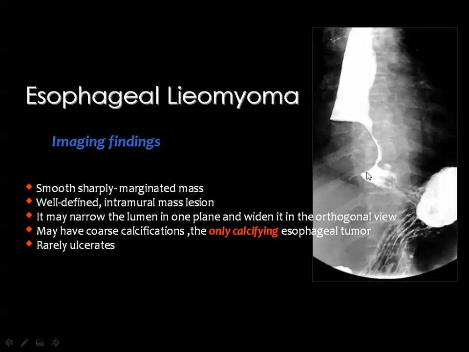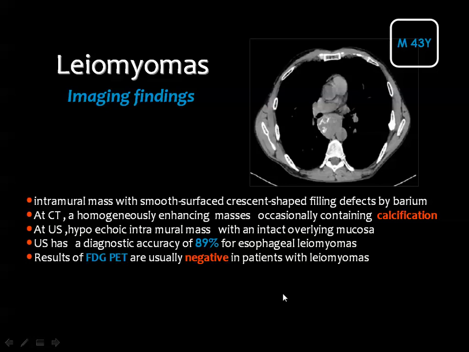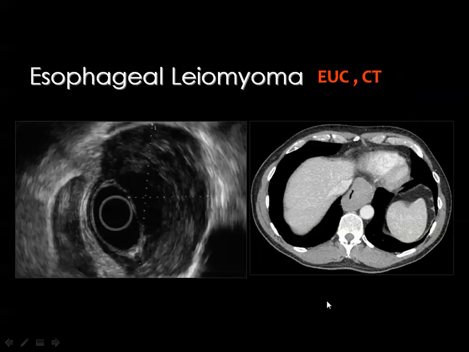You see in the barium swallow a mural lesion which has an extremely smooth surface, and it has an exophytic growth. It indents the esophageal lumen, and it may contain calcium and rarely ulcerate or show central necrosis by CT. And you can see the lesion in the posterior mediastinum, and you see the matrix calcification. And as you all know, these tumors usually show negative results by PET scan since they have low metabolic